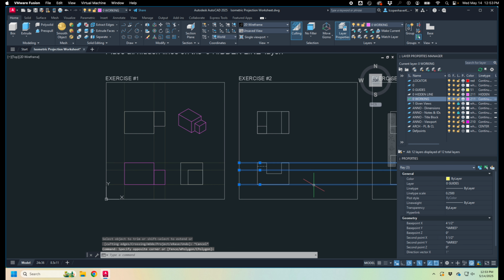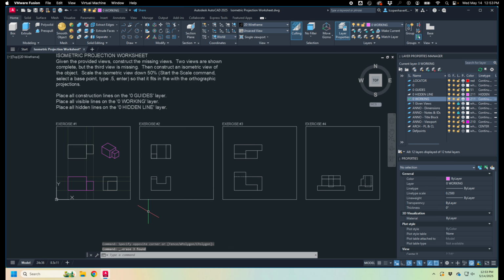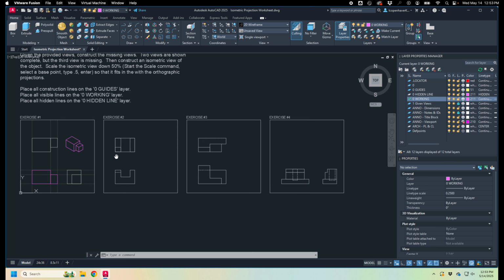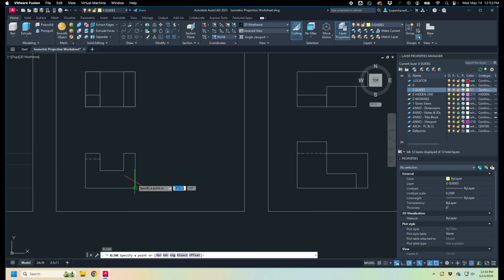Yeah, they go outside of the box so that we don't have to keep looking at them. All right, let's do exercise 2 together. This one is actually kind of complicated, so let's take a look and have some fun with it. Okay, so I'm going to put in my X line,